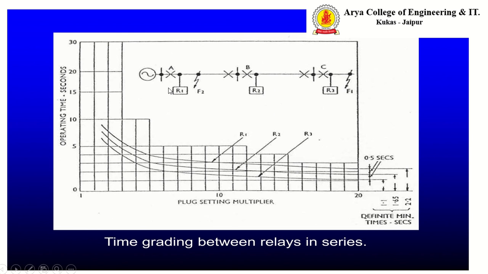Here a single line diagram has also been indicated. The fault is represented here by R1, R2 and R3, which are three different operating conditions when we set the plug setting multiplier and time multiplier setting. By providing that setting, we are judging that when our fault occurs, our relay will identify the fault as per its timing capabilities.